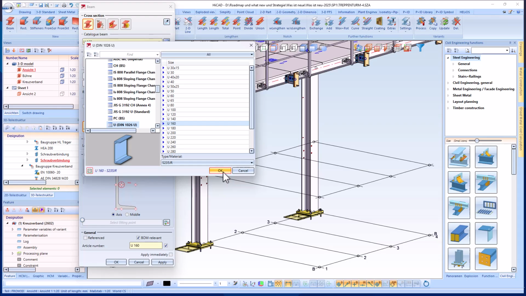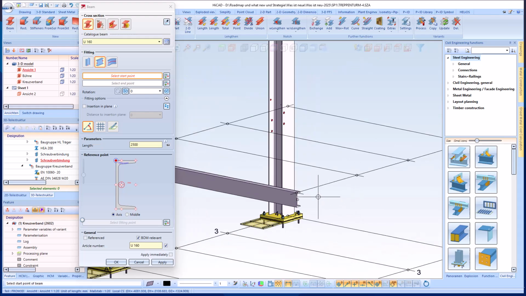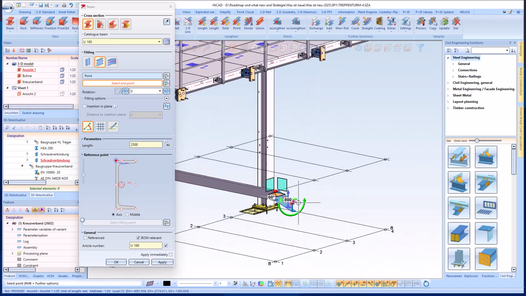When using the Insert New Beam function, it is now possible to define the corresponding processing plane when inserting the beam. This allows the insertion direction of the beam to be determined directly. As you can see, it is now possible to select any plane in which the beam is to be inserted